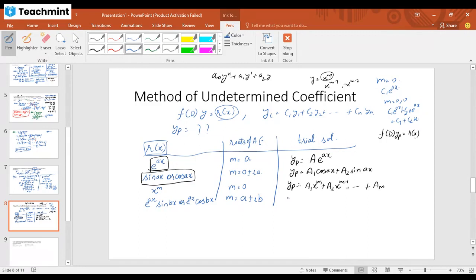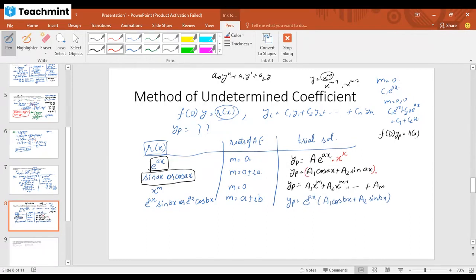Again, for the same reason, we are going to choose our trial solution as e power ax into (a1 cos bx plus a2 sin bx). Okay. Now, one more thing. It may be possible that the function which is present in the right hand side also appears in the complementary part, because it may be possible that the root of the auxiliary equation is a. So if the same root is repeated in the exponential complementary part as well, what we need to do is multiply it with x power k,